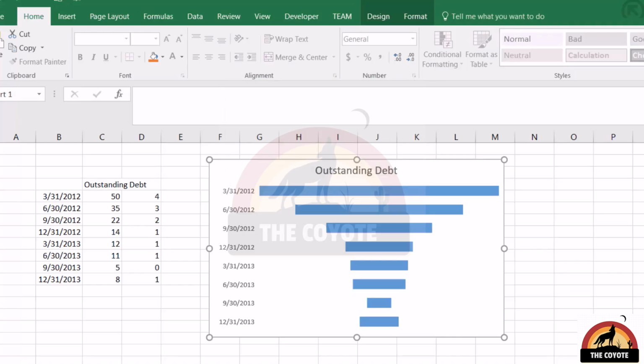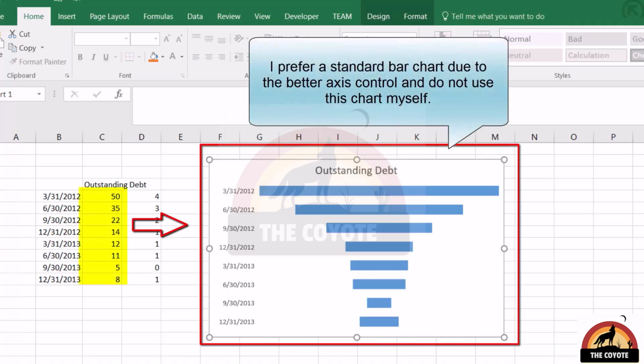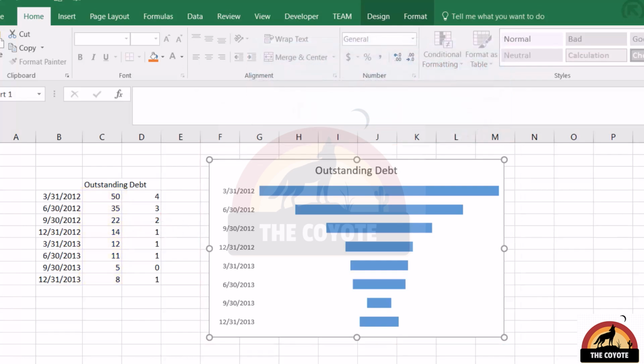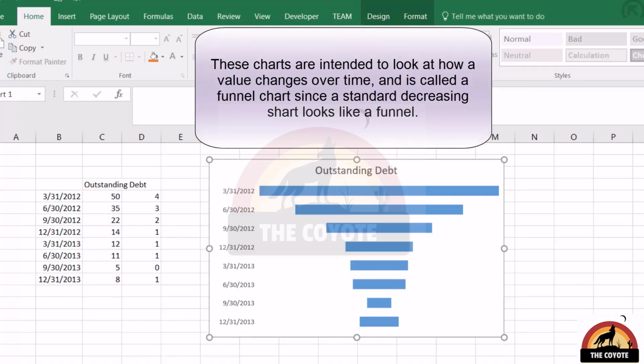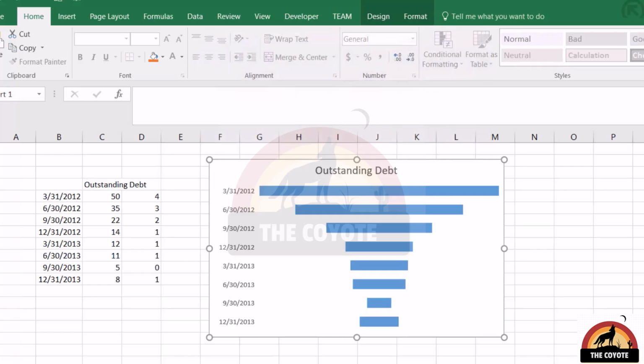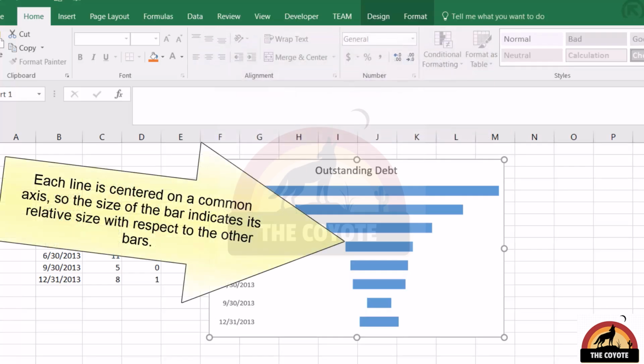The funnel chart is an odd type of bar chart, in my opinion anyhow. It takes a single data series and plots it out as a centered bar graph. It's specifically designed for showing decreasing datasets, so for this example, I'm plotting what I've termed outstanding debt. This one-dimensional chart only takes a single series at a time and simply creates centered lines representing the relative size